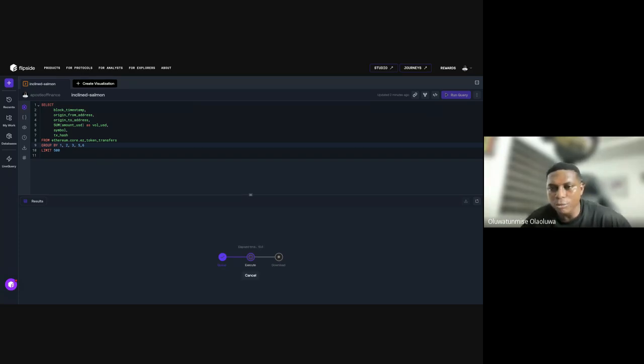Same rules apply to the traditional SQL. This might be a network issue. Let me be sure. But it's not throwing an error, so it's supposed to load and give us a result. We might not have that much time, but let's still wait to see the result it gives us.